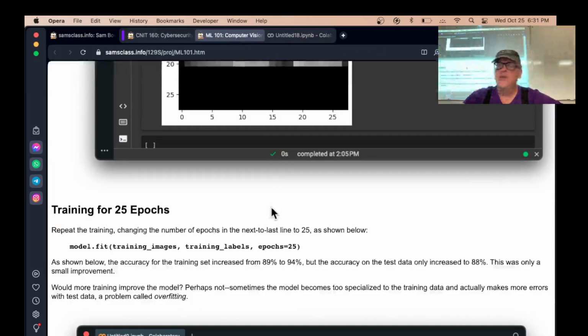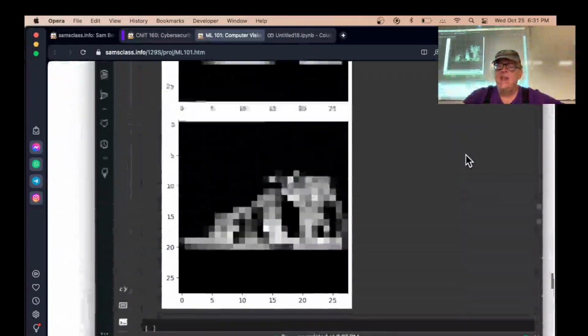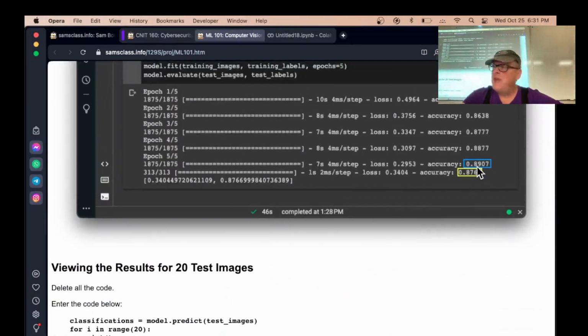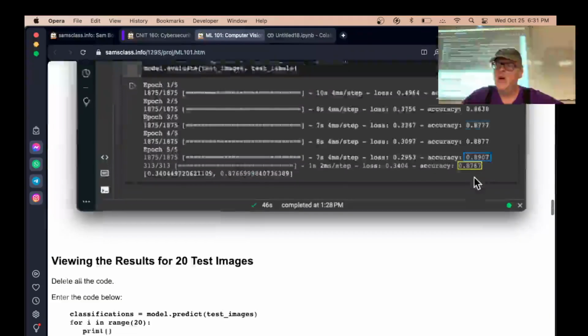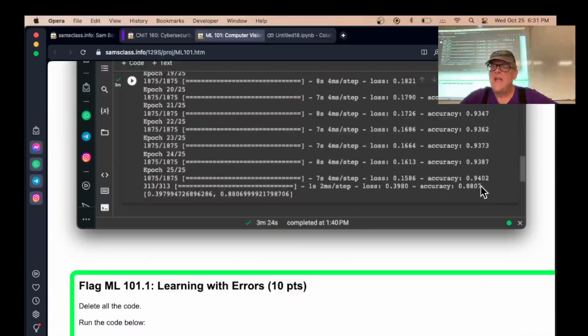The result shows you a flaw here. It will actually get much better. Remember, up here, the accuracy of this one with 5 epochs of training was 89% on the training data and 87% on the test data. So that is a good model where you have got to a pretty good accuracy, and your ability to predict new images you've never seen before is about the same. But if you do more training, then you will get to like 94% on the training data, but only 88%